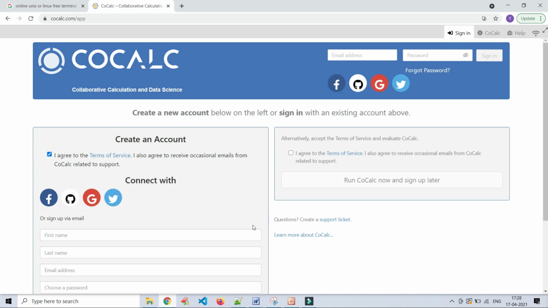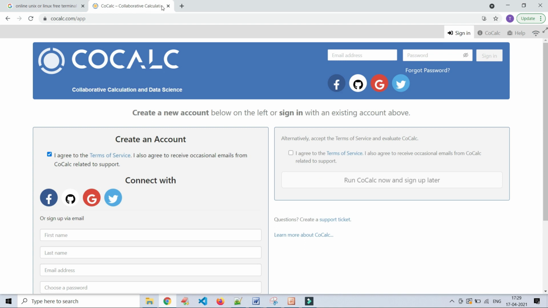Without giving any details, you can simply click on this option for quicker terminal access, and then you will be taken to the Unix or Linux terminal, where you can practice Unix shell scripts and commands. This is one of the online free terminals.